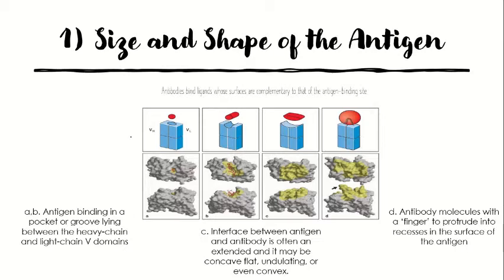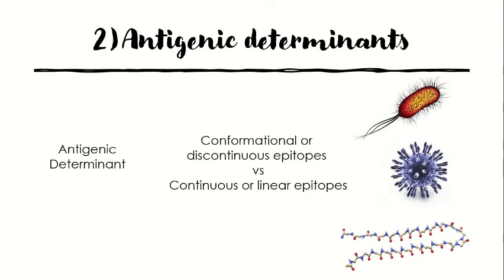One of the factors that influences the antigen antibody interaction is the shape and the size of the antigen. Next, another factor that determines the interaction is the antigenic determinants. An antibody molecule generally recognizes only a small region on the surface of a large molecule such as a polysaccharide or a protein. The structure recognized by the antibody molecule is known as an antigenic determinant or an epitope. Many of the important pathogens include bacteria, which have a surface made up of polysaccharides, so the antibodies recognize the epitopes formed by the sugar subunits and provide immunity against these pathogens.